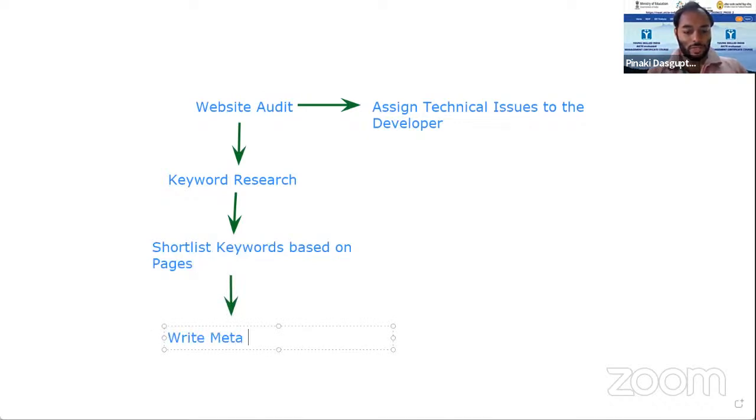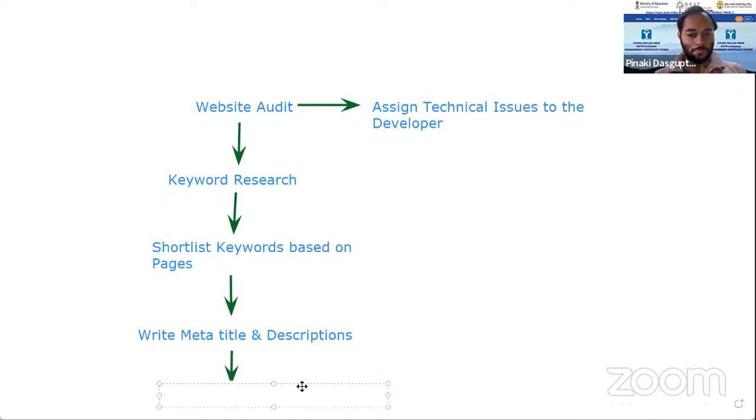Write meta title and descriptions. Start.